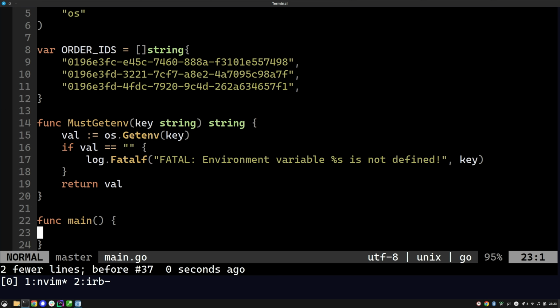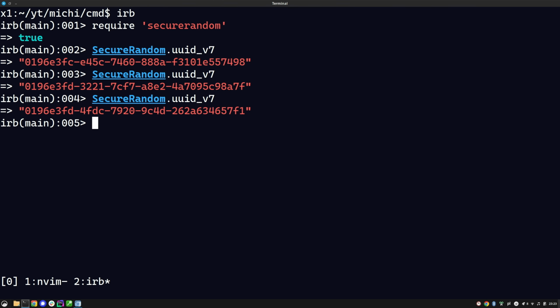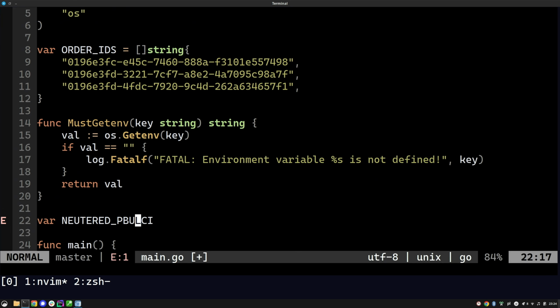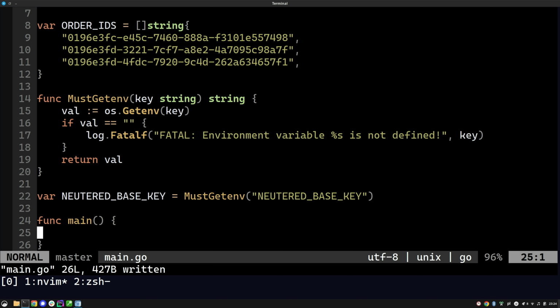So what's going to happen is you're going to need the master seed. Oh, you know what? Actually, we don't even need a master seed in here. We just need the neutered public key. Wait, what was it actually? Cat LVRC. Okay, it's called neuter base key equals mustGetEnv neutered base key, and then